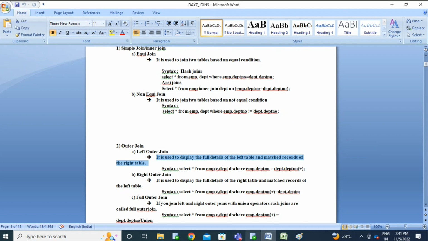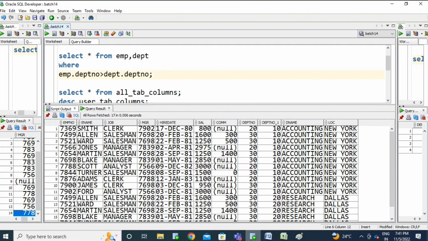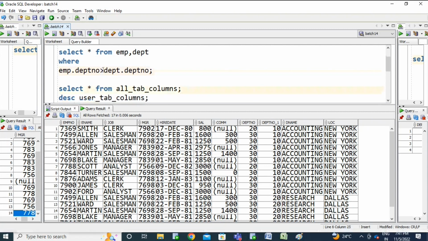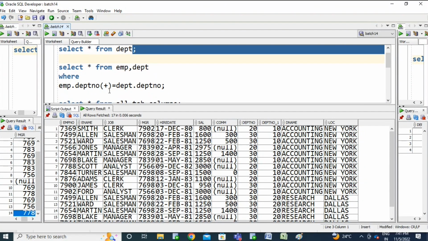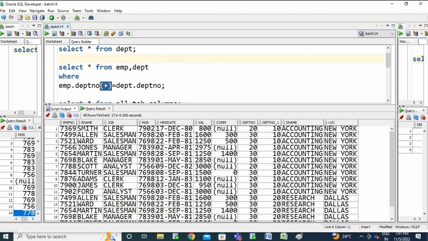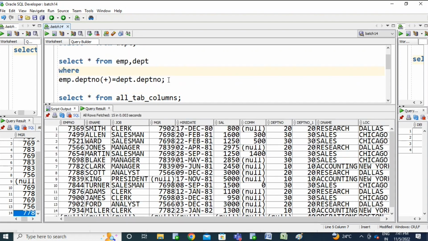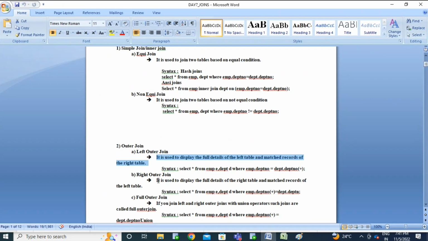For the right outer join, you need to use the plus symbol on the left side. The right outer join is used to display the full details of the right side table and matching records from the left side table.